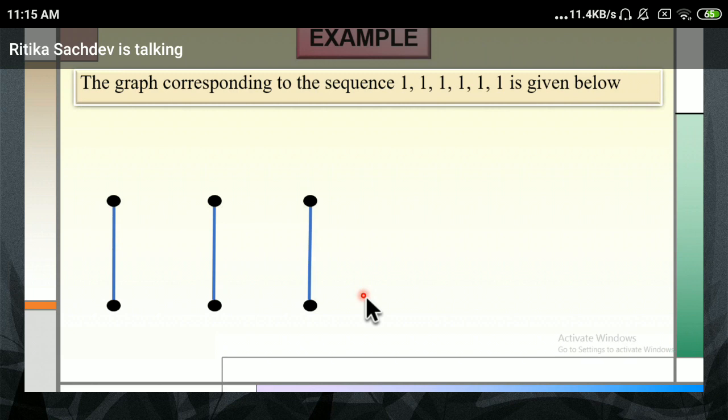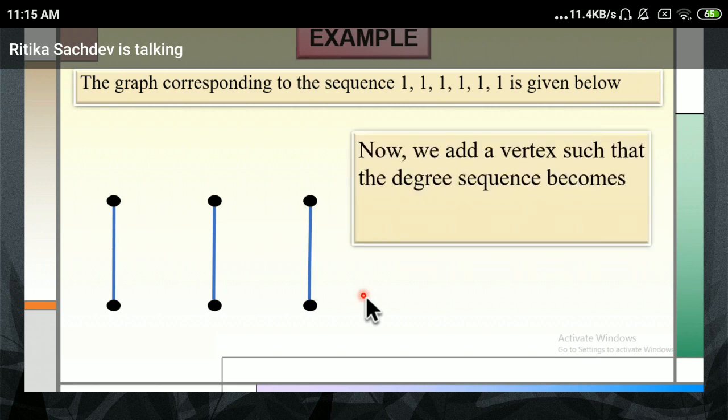So now we are trying to add one more vertex, which is my 7th vertex. When I add the 7th vertex, I want the degree sequence to be this. Remember, this was the second last step. So now my degree sequence should be this particular thing. We are checking the previous sequence and this sequence. In the previous sequence, the last 3 numbers were 1, 1, 1. So I need not touch the last 3 vertices.